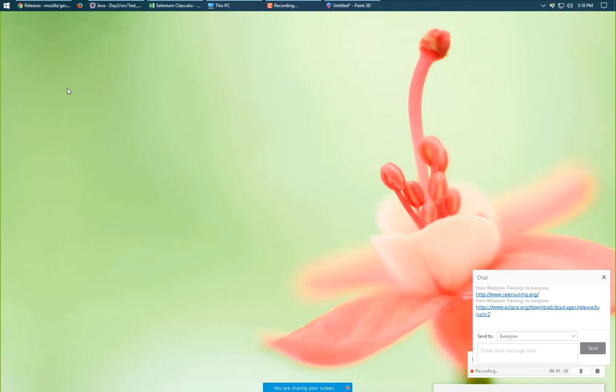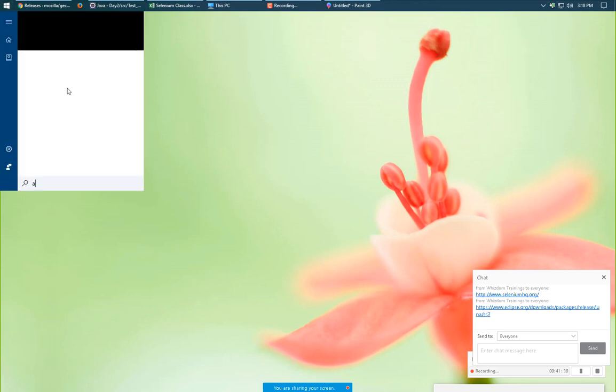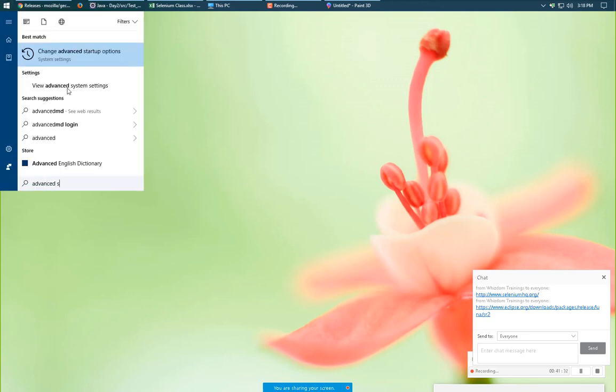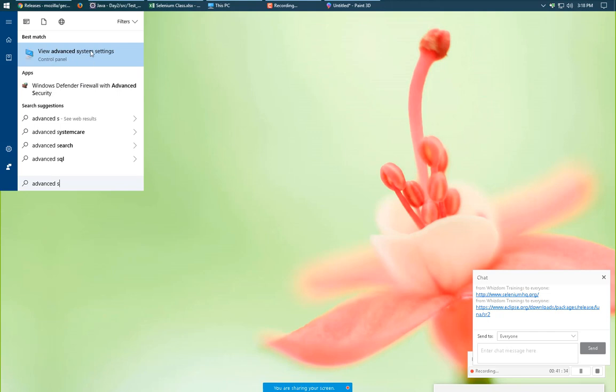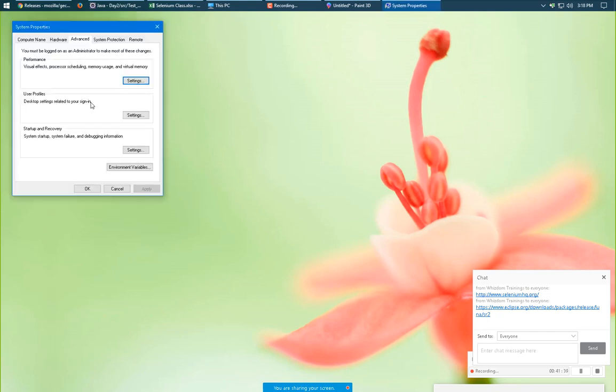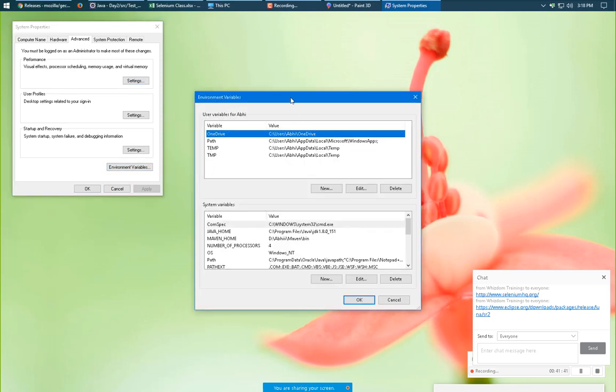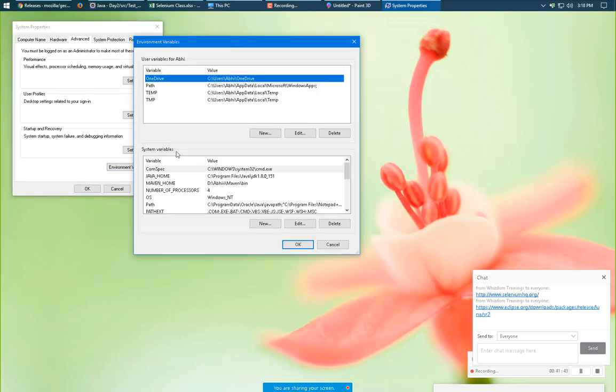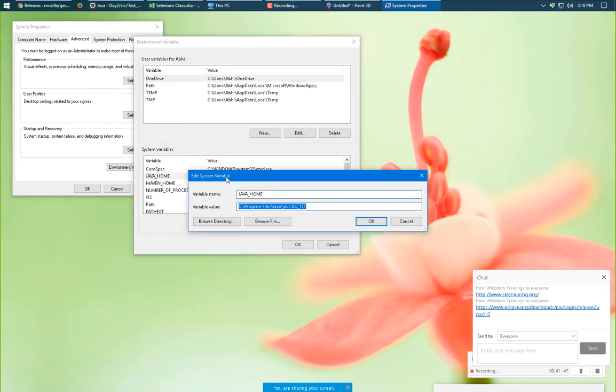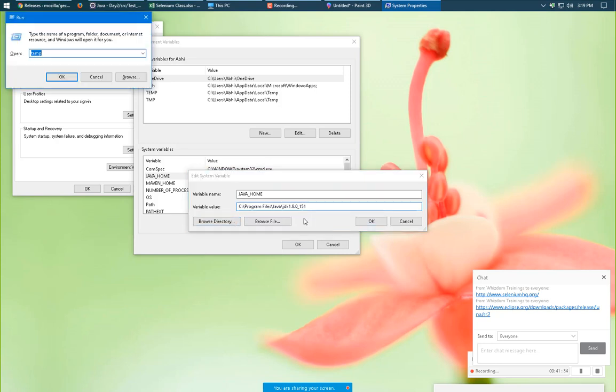To troubleshoot that, search advanced system settings and go to environment variables. Here you just need to add a variable JAVA_HOME and pass the directory of Java.